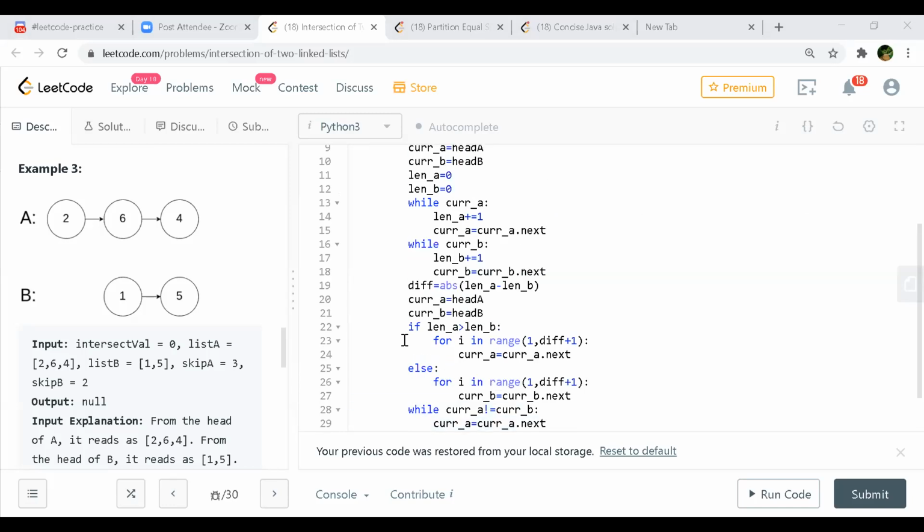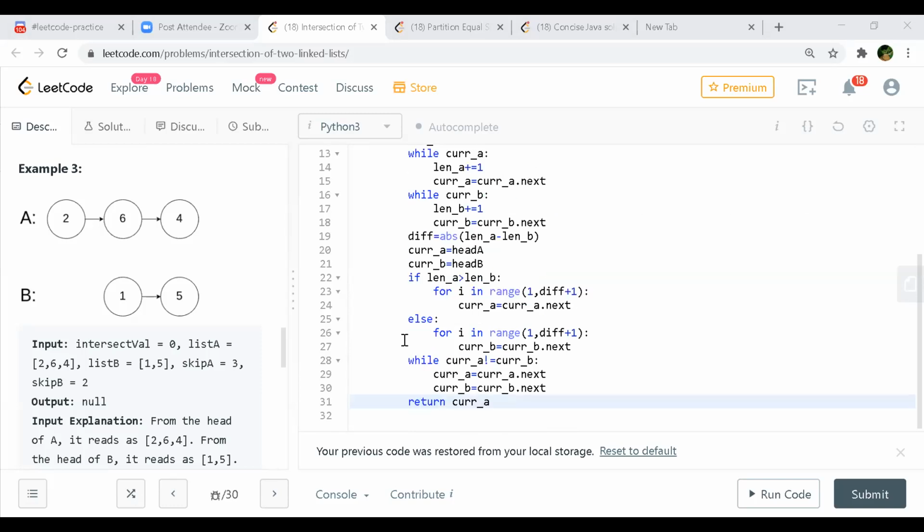In the while loop at line 28, if current A is not equal to current B, you keep doing that till you are exhausted. But if current A is null and current B is also null, then it will return null. That will be the stopping condition.